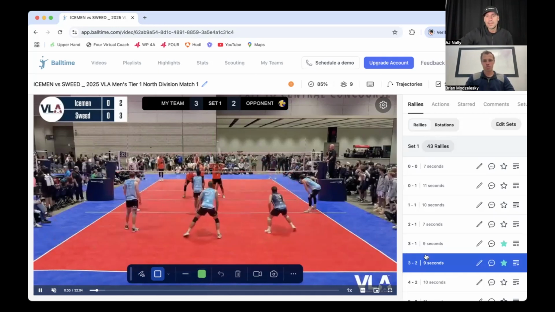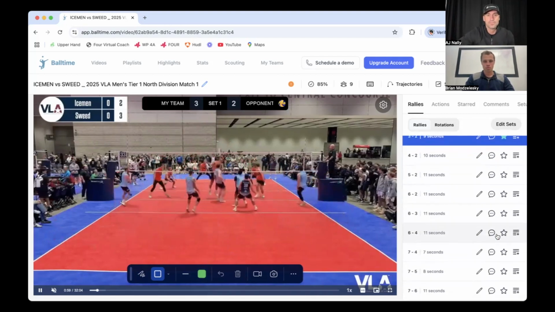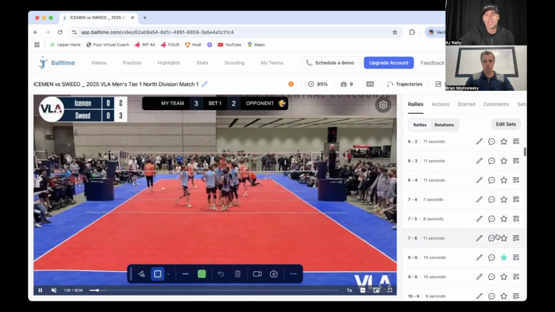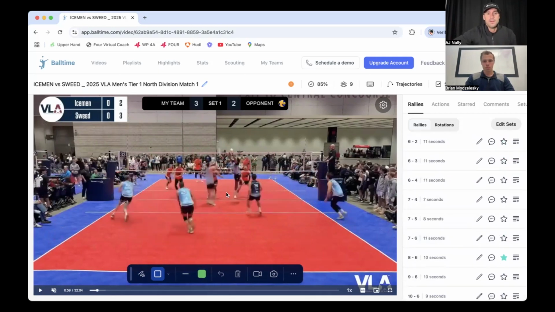Cool. So we'll go to the next one. This is what I like to call shadowing. And so if we look at this rep, what as a defender I like to see was this image of shadows taking up where the hitter could actually hit. So as this hitter's coming in,